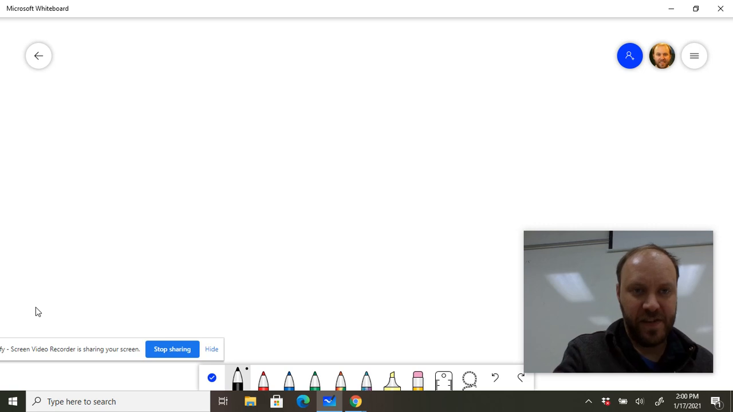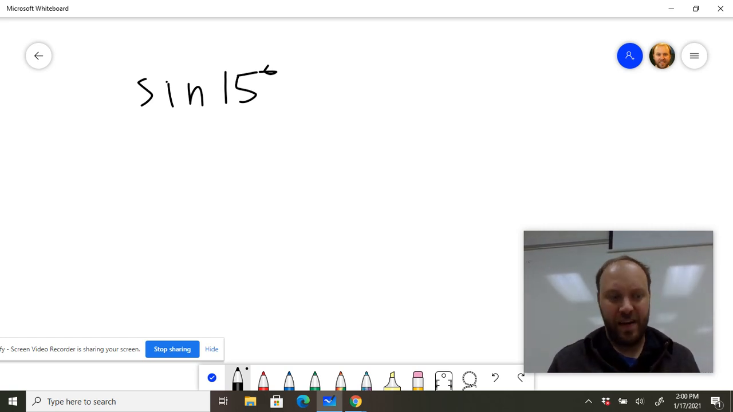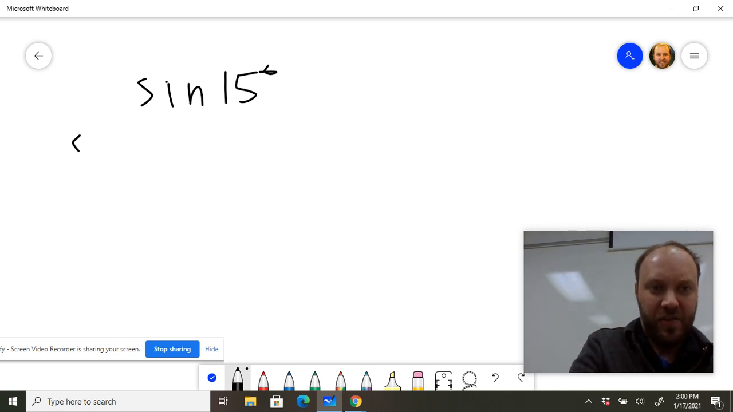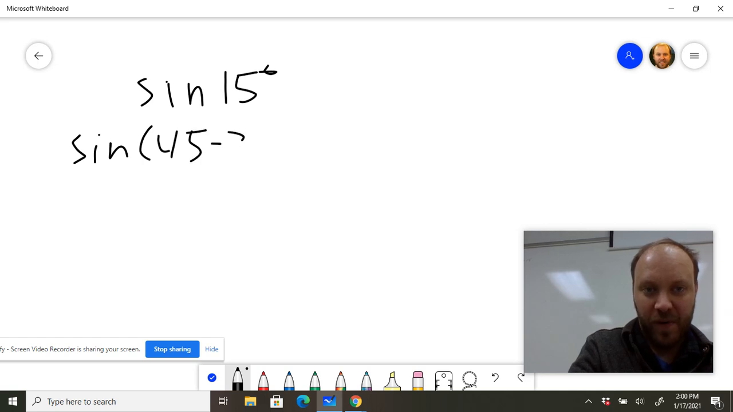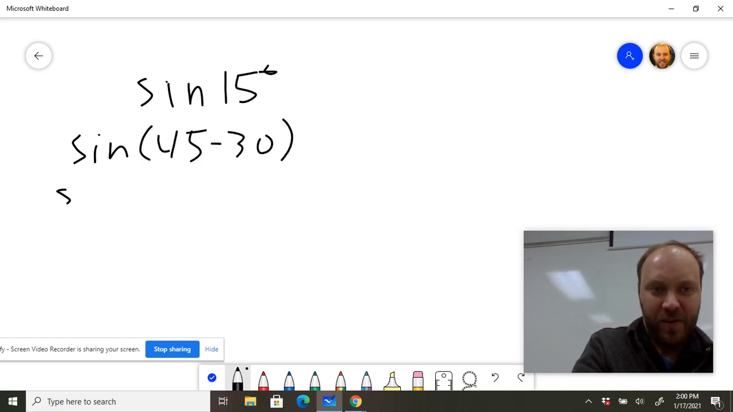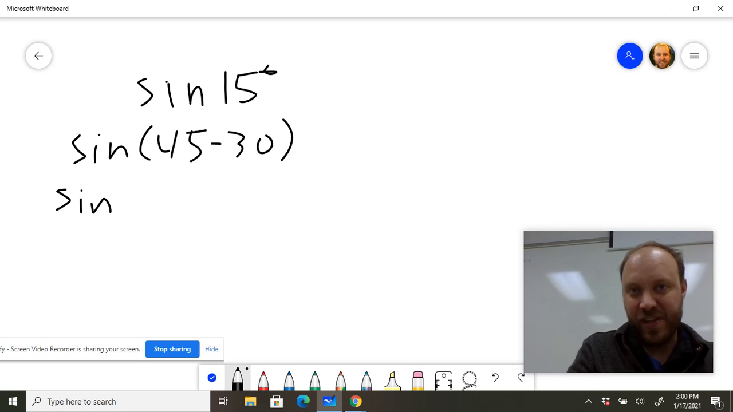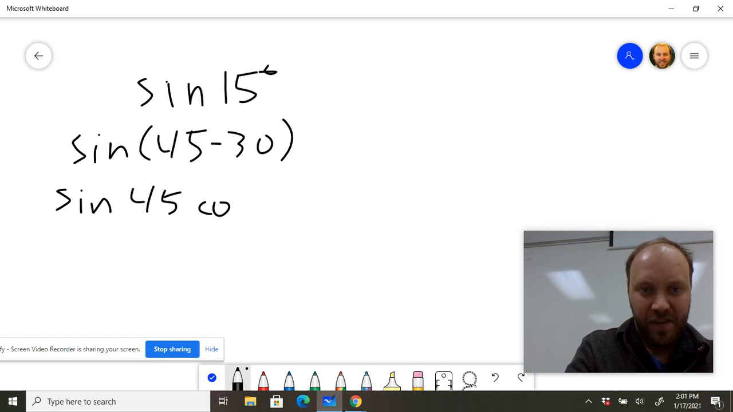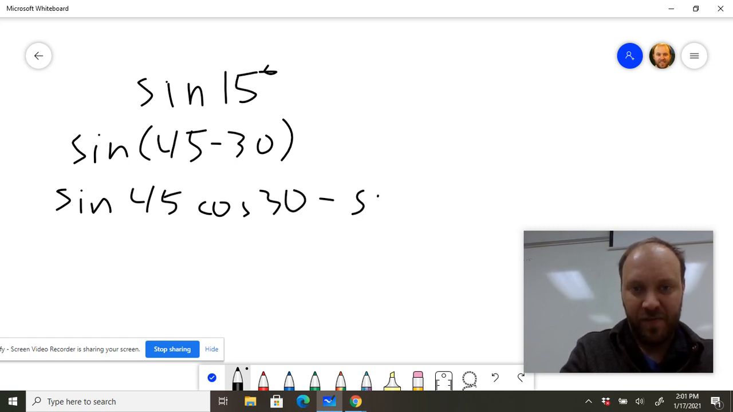The first one was sine of 15 degrees, and this one was pretty straightforward. You just needed to come up with a trig identity that involved a 15, and you could have done that several different ways. You could have done sine of 45 minus 30, which is probably what I would have done. This is using the sine difference identity: sine of 45 cosine of 30. Remember, you subtract the two values when you're subtracting for the sine one, and you flip-flop the two angles. And then it ends up being sine of 30